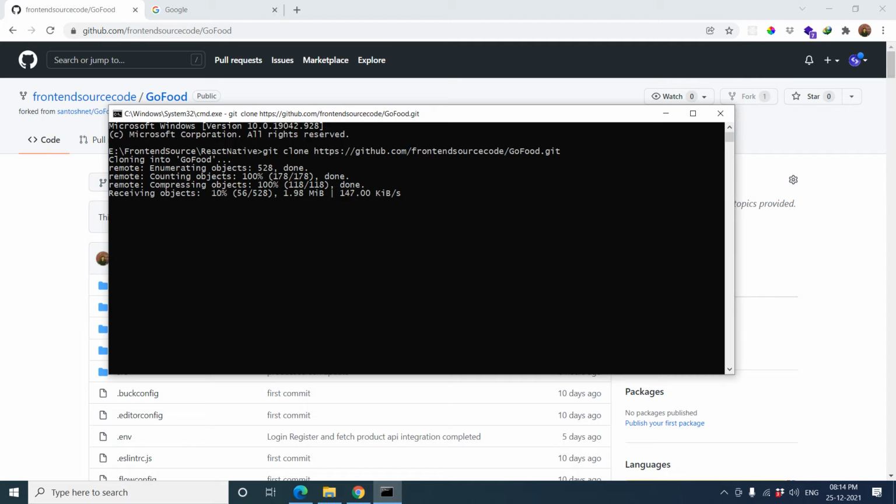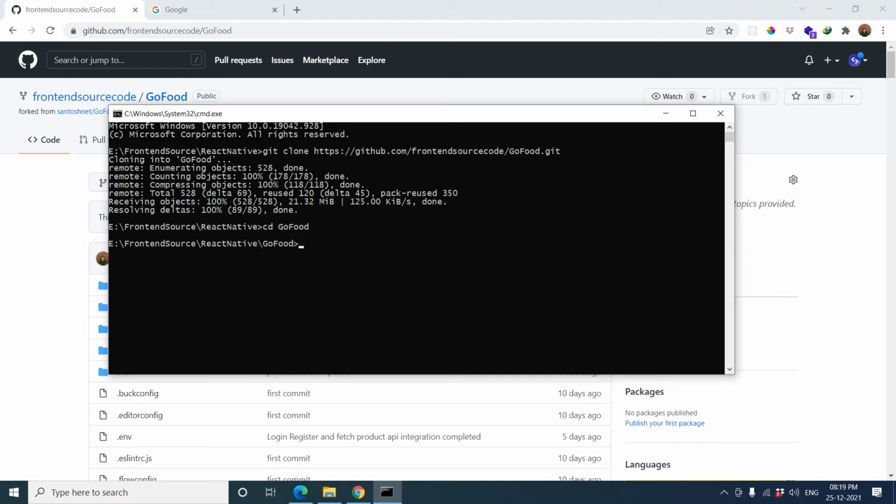Our cloning finished. So go to cd go food, then type npm install. It will install all our libraries.